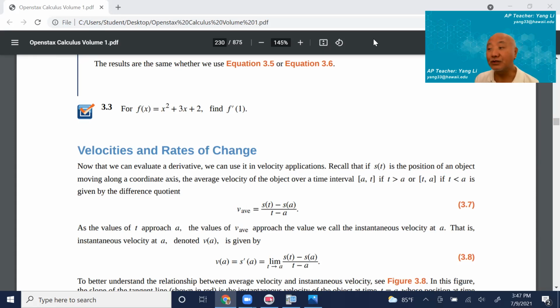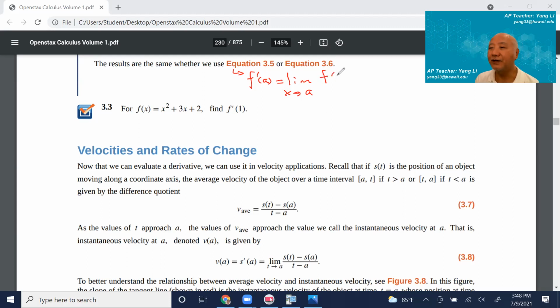And then we're going to use two definitions. One is equation 3.5 here. Equation 3.5 says that f derivative at the point a equals the limit as x approaches this point, the x coordinate,